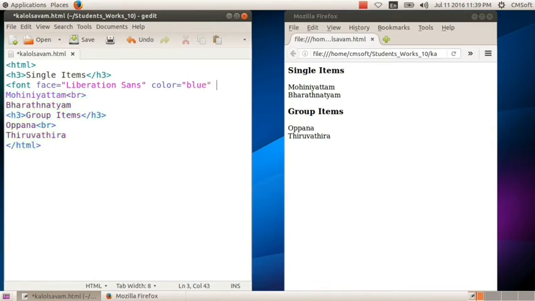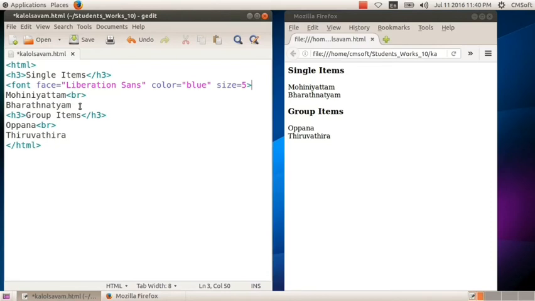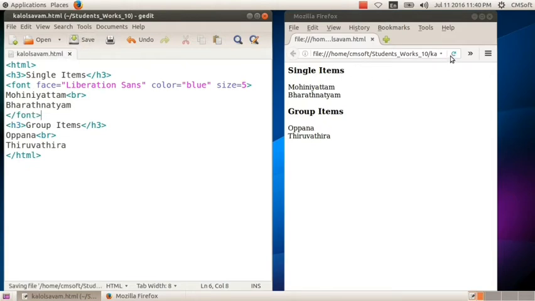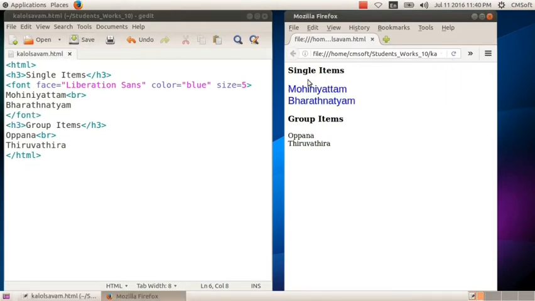Then also give size. Then finally close the font tag. Then save the document and see the difference. So we get the blue color for Mohiniyattam and Bharatanatyam.